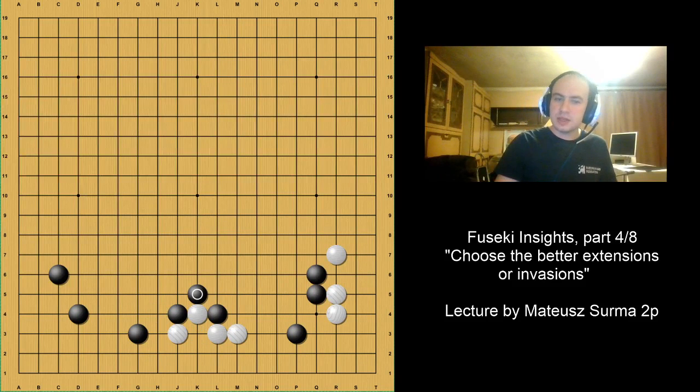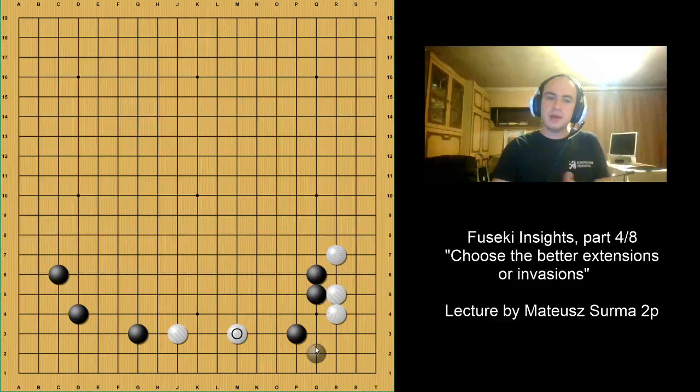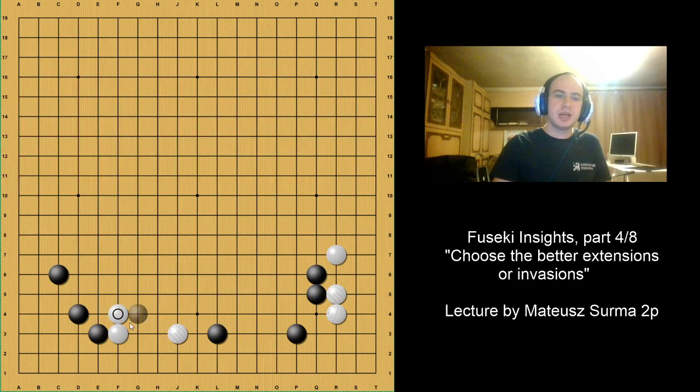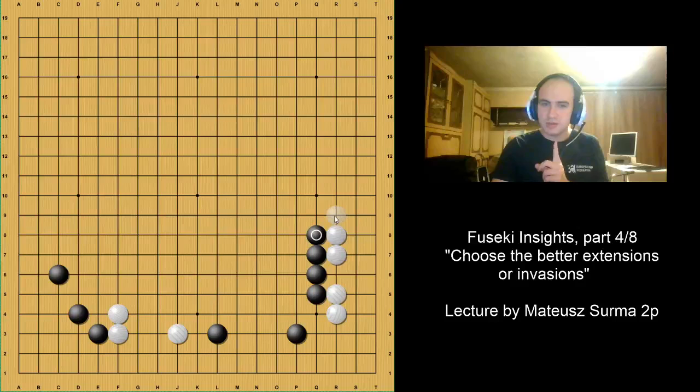So for white it's more interesting to play a little bit further from the wall, and for black maybe also in this position it might be a bit more interesting to still take some profit here on this side, and later, while having, for example, this exchange, black can still try to attack maybe a little bit this white group, or play tenuki now, it's also possible. But here I would also like to show that actually, because black didn't play these exchanges before, it was good,